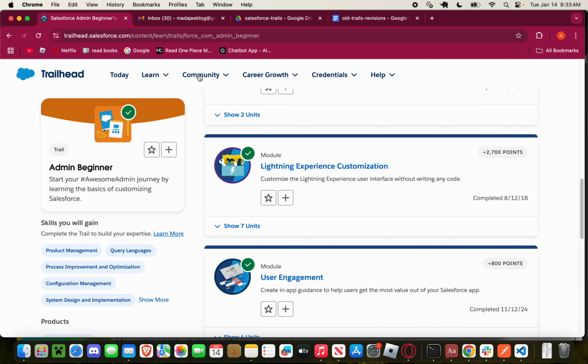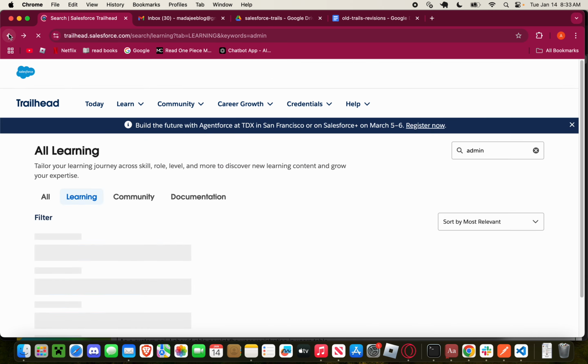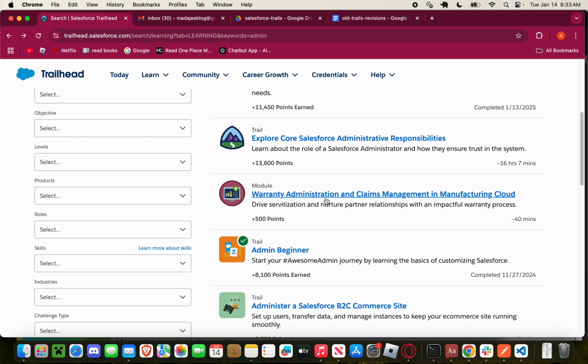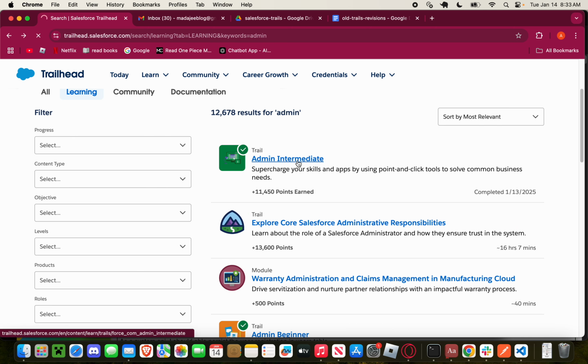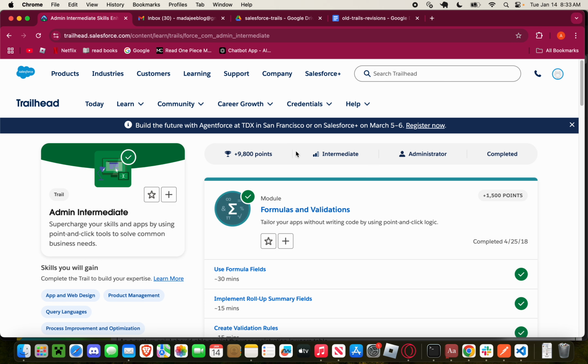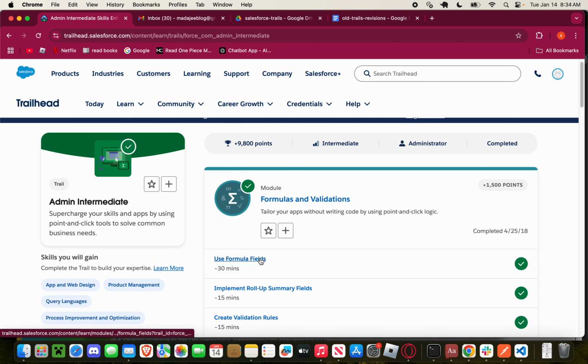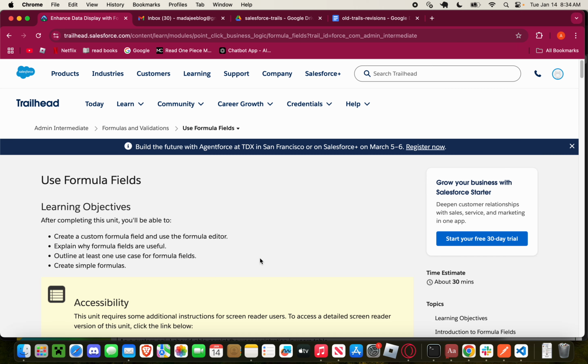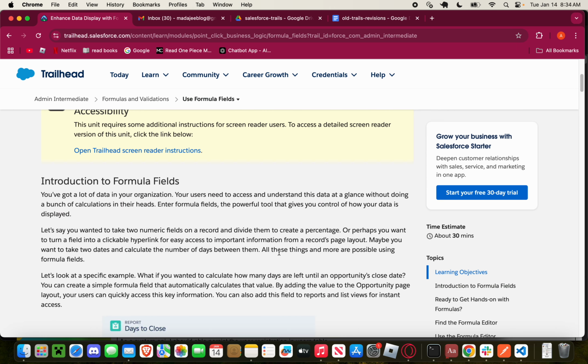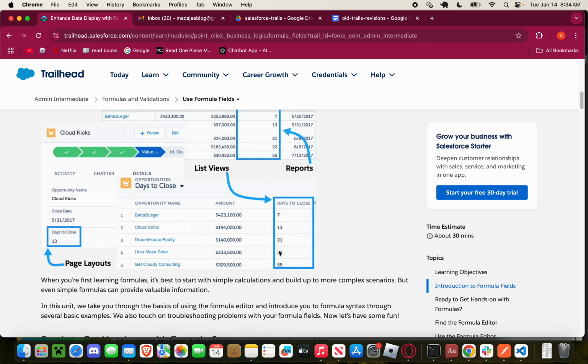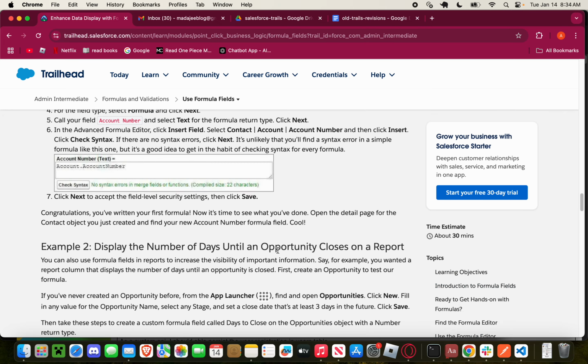And as we get into the intermediate level, we start to work on formula fields and roll-up summaries. So, let's say if we want to see how long the opportunity is open, or how long the contract is open, we can add formula fields, and we can use the formula editor to create